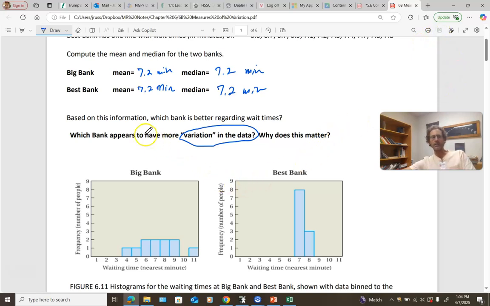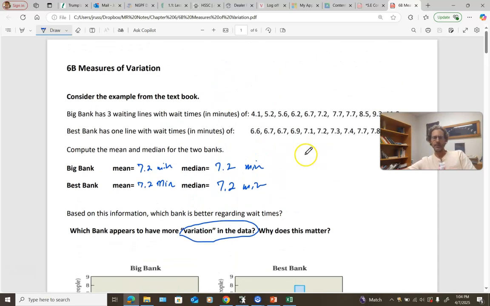Now you can clearly see by these histograms that the variation in the wait times at one bank is a lot greater than the wait times at another bank, but we want to eventually quantify this. So that's what we're going to get to. Now look here. This is an interesting question because it says, based on this information, which bank is better regarding wait times? Well, at first you may think,